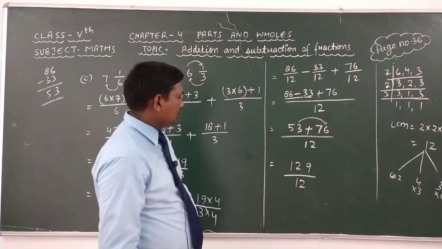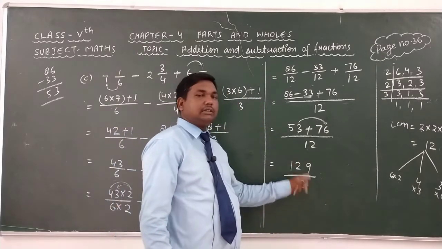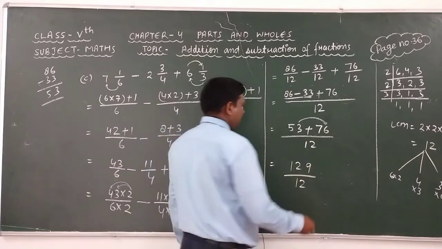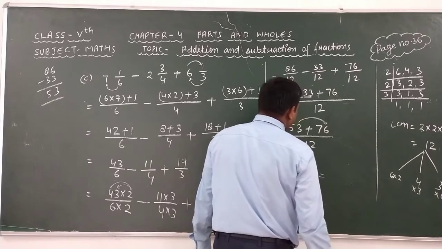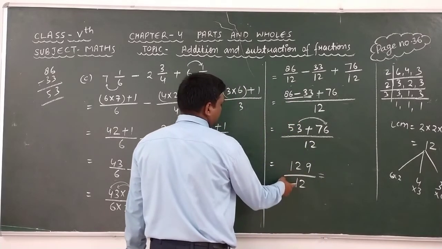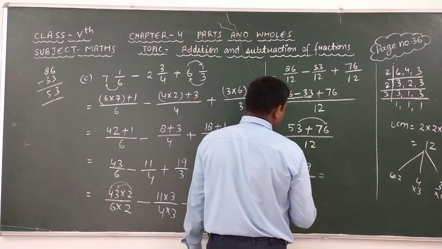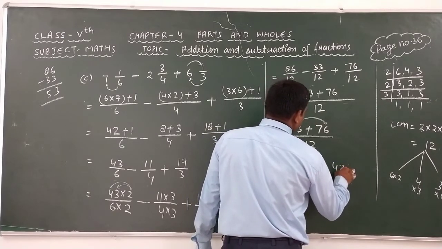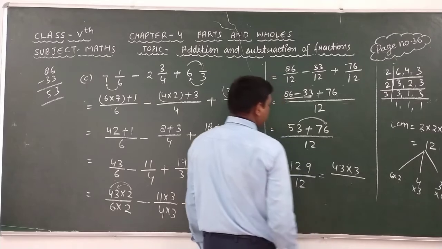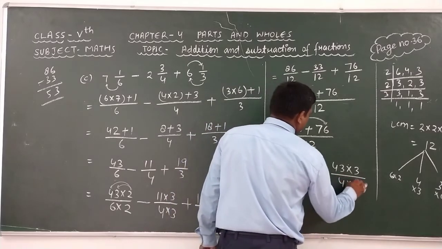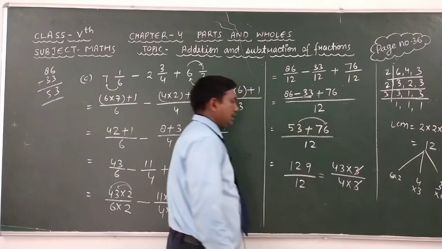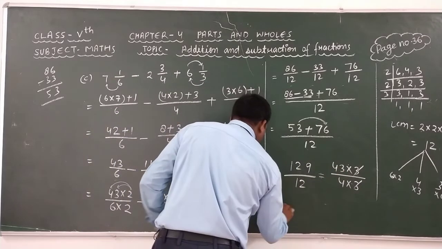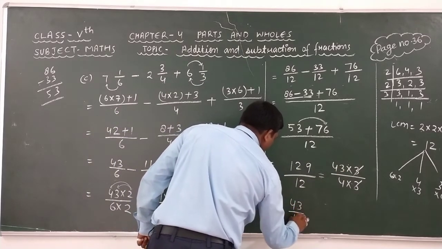Okay, this is an improper fraction. Okay, firstly we have to take the factors of this and this. Look at here carefully. 3 4s are 12, 3 3s are 9. Okay, and 3 4s are 12. Here 3 3s are cancelled out. After cancelling these we get 43 over 4.